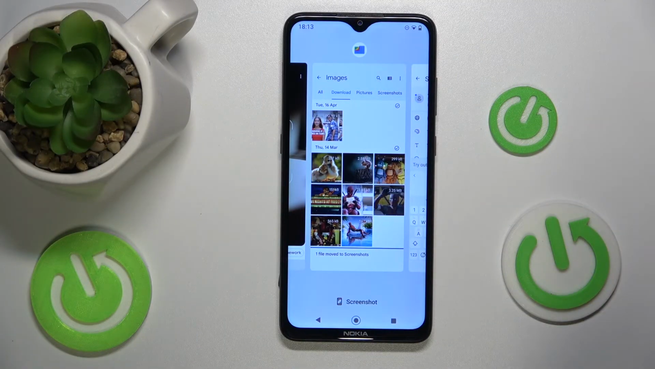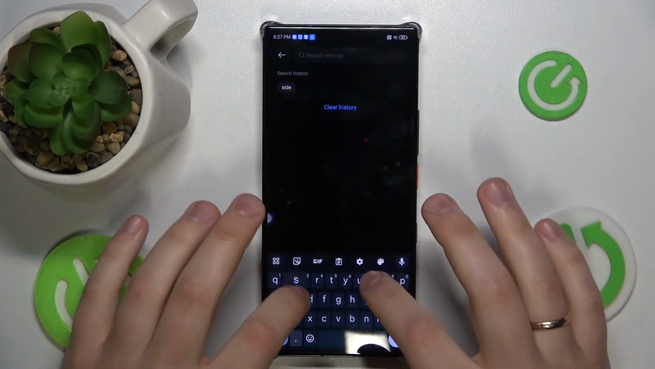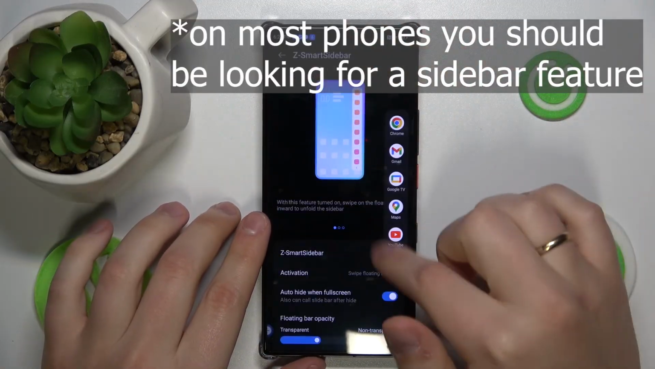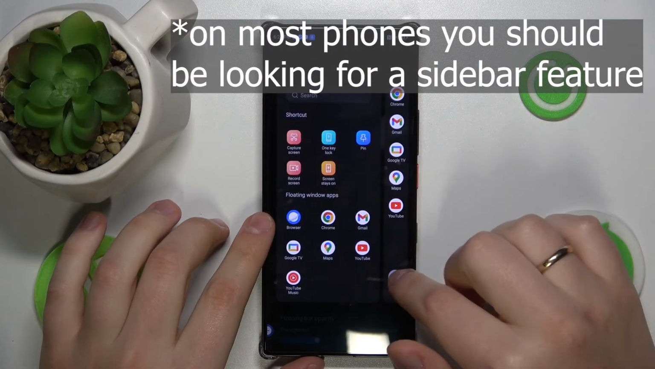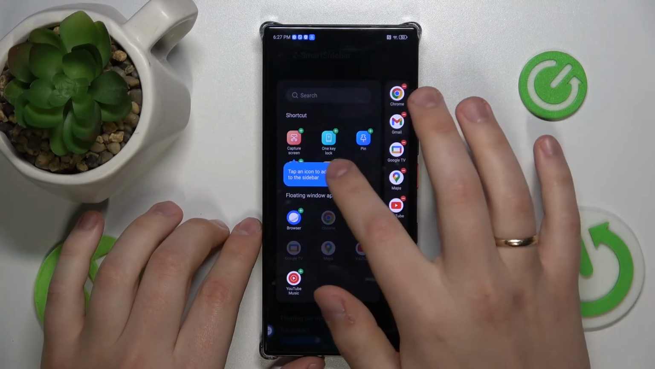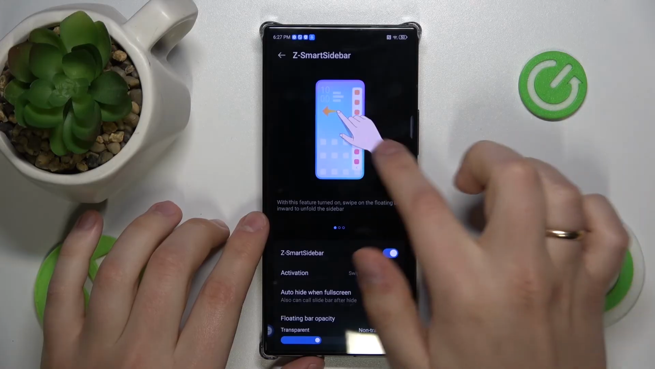Third and last multitasking technique I will share today is edge panels. Once again, the function is called differently from phone to phone, though the feature itself remains the same. It allows you to add an edge panel with apps, shortcuts, and other useful things, having all the most important tools at your